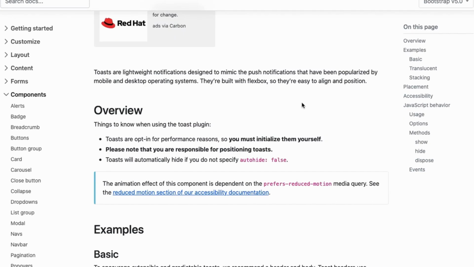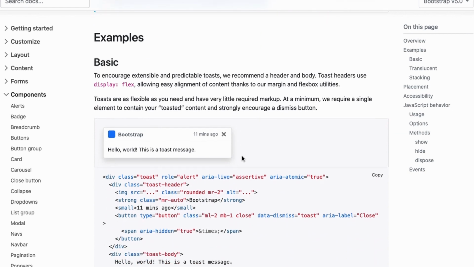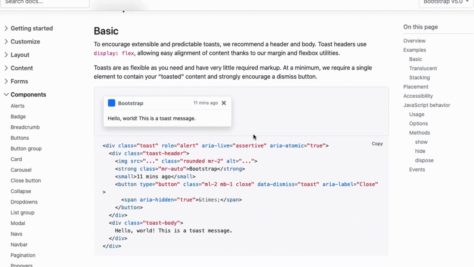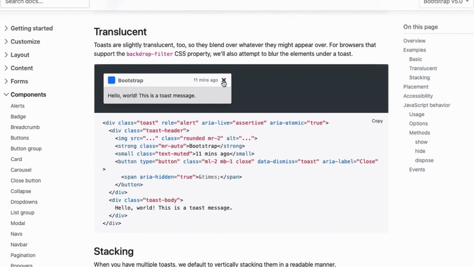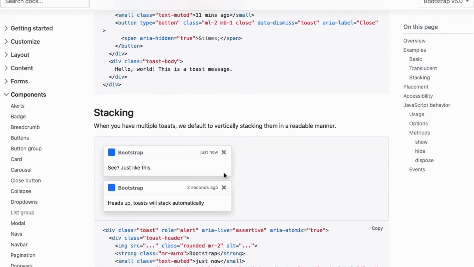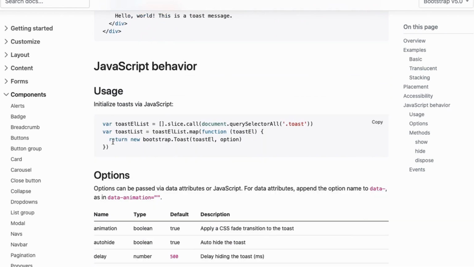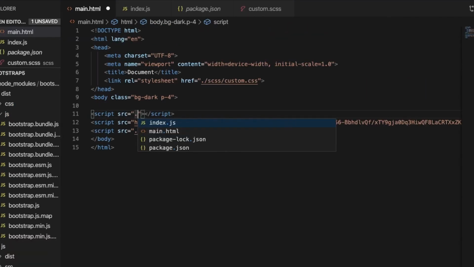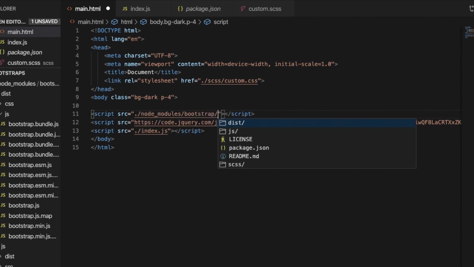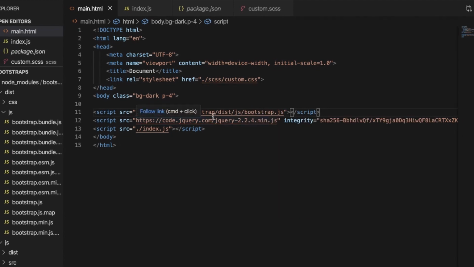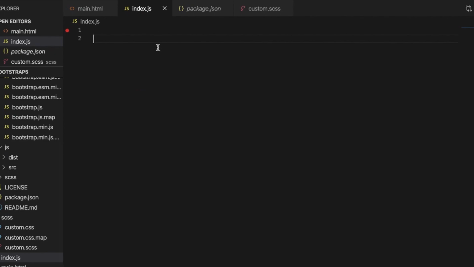3 new components have been added in the Bootstrap, and one of them is Toast. So Toasts provide you a Bootstrap based UI for your push notifications or alert messages. So in order to use Toast, first of all, as you can see, we need access to the Bootstrap object. So in order to access the Bootstrap object, we need to include the Bootstrap JavaScript library into our application. Once we have included the script, then we can access the Bootstrap object and start working.